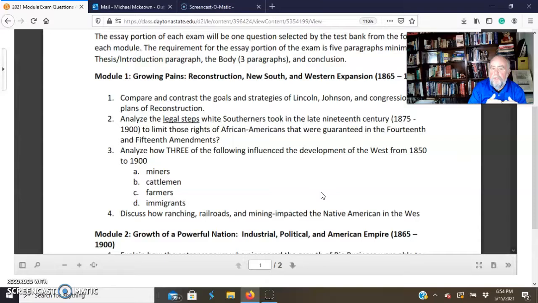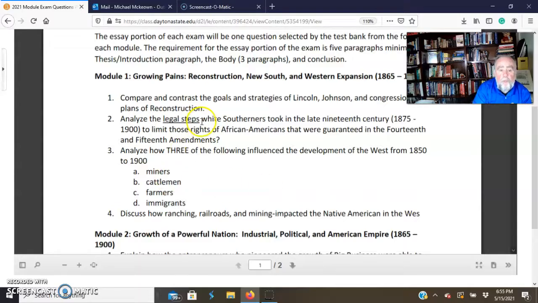And the reason why you should start the essay portion first is that it is worth half the grade, and some students, when they start the multiple choice, spend too much time on it. Then they're looking at the clock and saying, oh my gosh, I don't have enough time to write the essay. So you want to spend enough time writing the essay. Now, you already know what the 4 essay questions will be. You just don't know which one is going to show up.